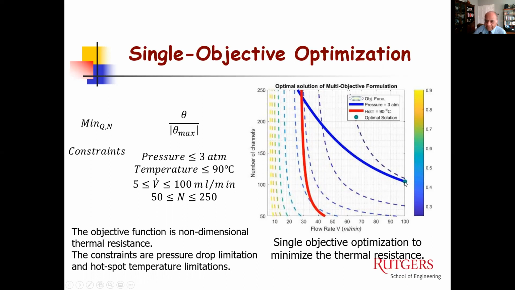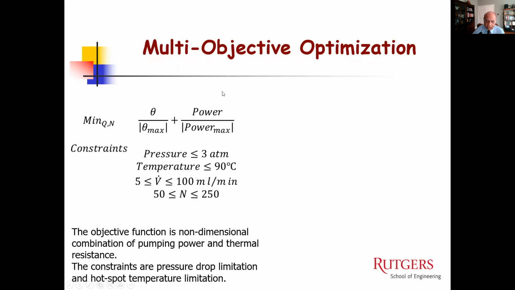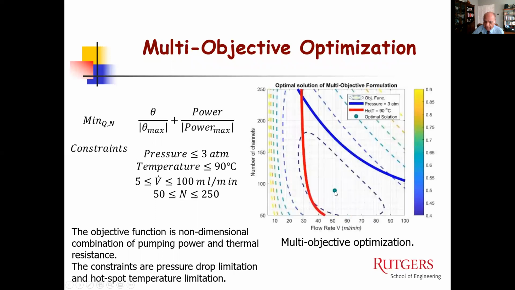Most of the optimums appear on the boundaries. Under these conditions, with a single objective, you are only maximizing, well, in this case, minimizing the thermal resistance. In the previous case that we were dealing with, minimizing the pressure and so on. Those are the kinds of things that we do, but these are single objective. The main thing is the multi-objective, where you are looking for both the pumping power and the temperature. So you're looking for both circumstances, trying to reduce the temperature, trying to reduce the pumping power. In that case, again, the constraints are the same, but the optimum moves.